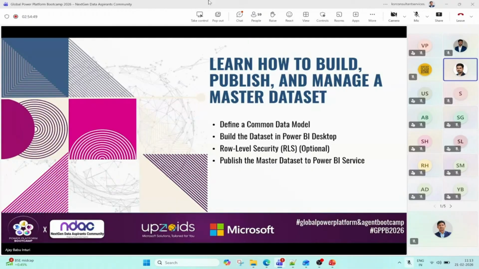You may ask me why row level security is optional for the semantic model. Everyone knows, right? Let's say our semantic model has three different kinds of businesses: one is the sales domain, then marketing, and another one is customer success. We can set up RLS so that whoever is working on the sales team can see only their portfolio, and they can't see the remaining two portfolios.